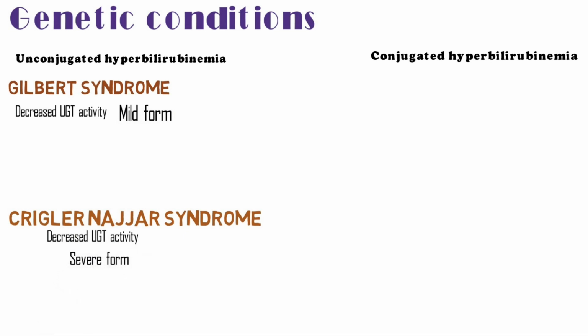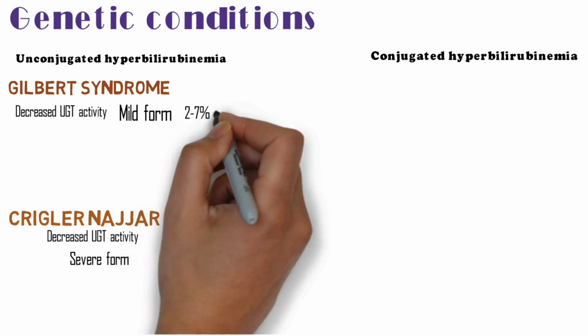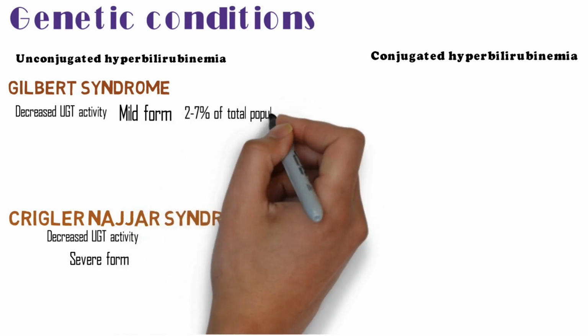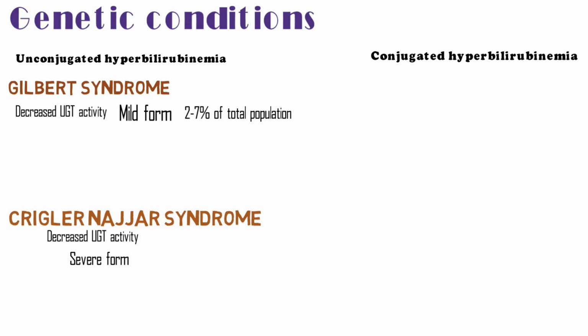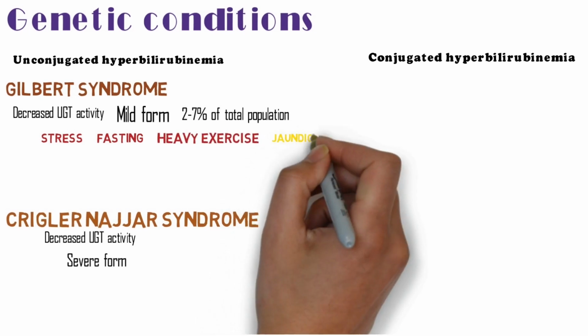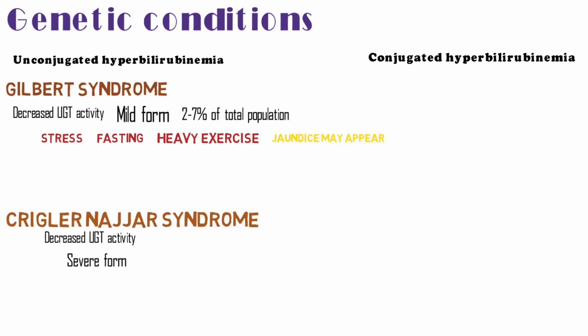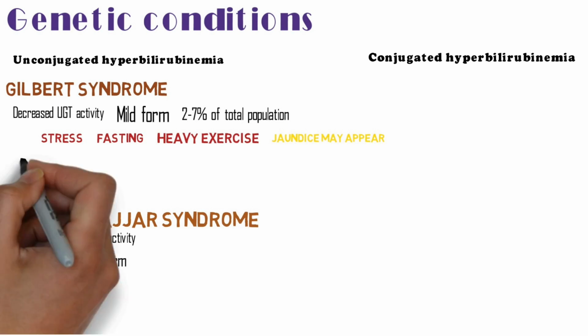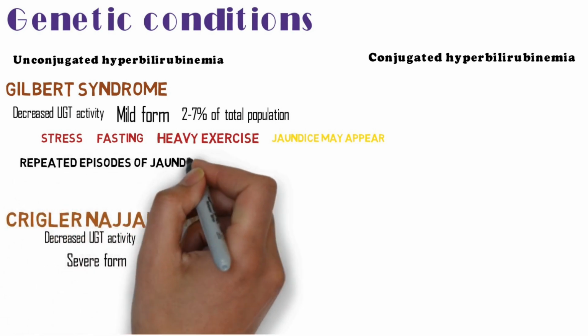Gilbert syndrome is seen in a large number of population. It is seen in 2 to 7% of total population, and since it is a mild form, it does not produce significant jaundice. But if a person goes under stress, or if a person is fasting, or if a person does heavy exercise, then jaundice may appear. So, the person with Gilbert syndrome will come with repeated episodes of jaundice in which you